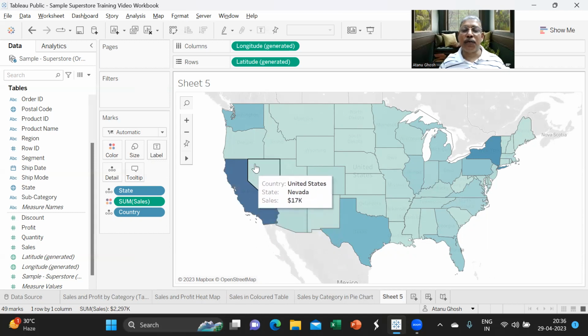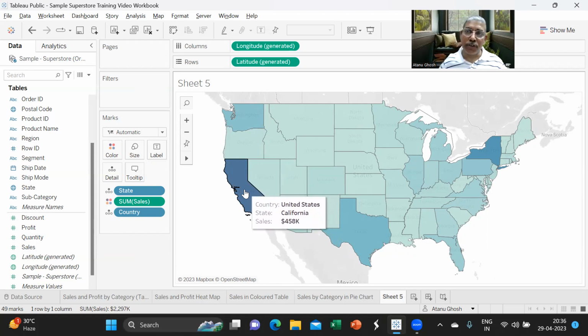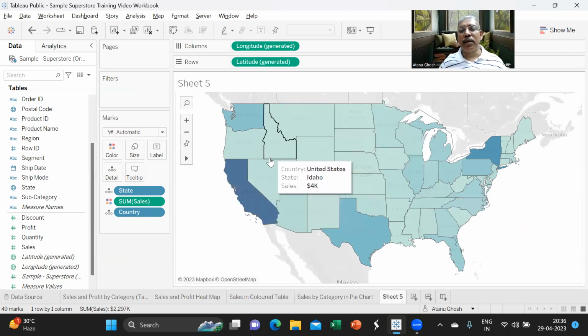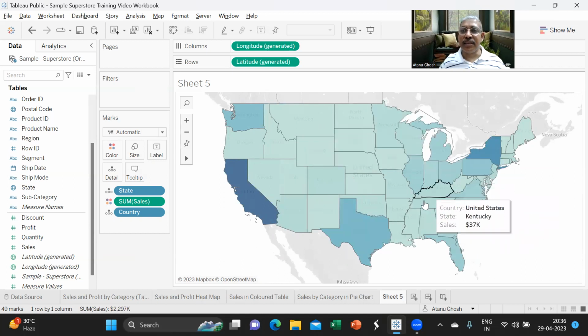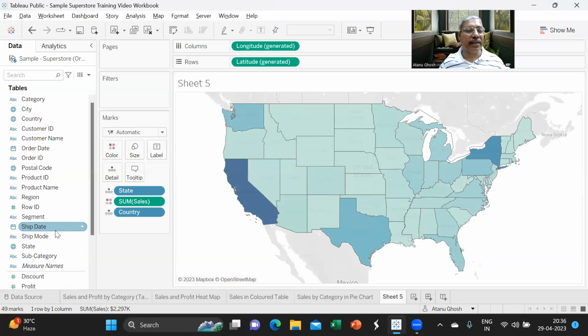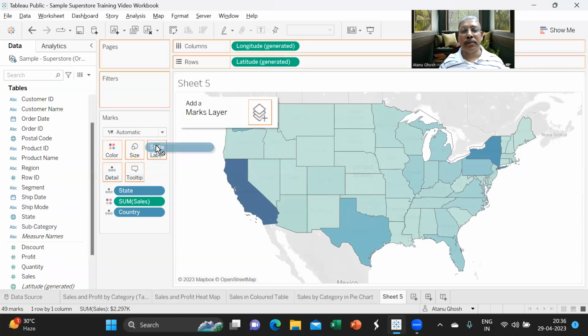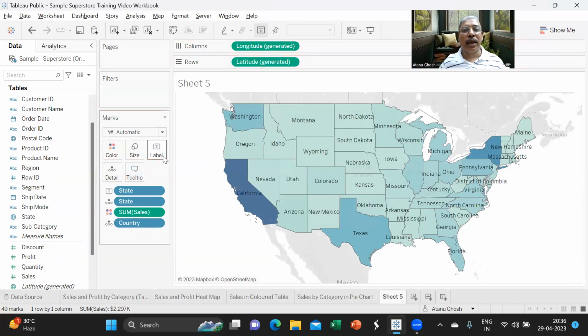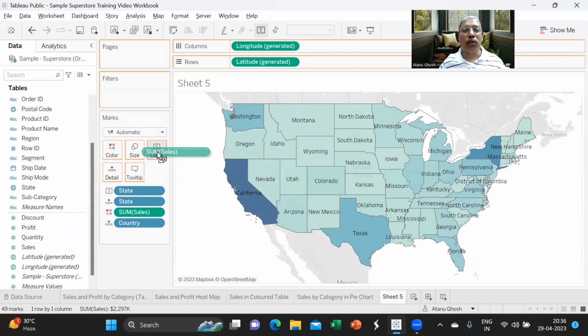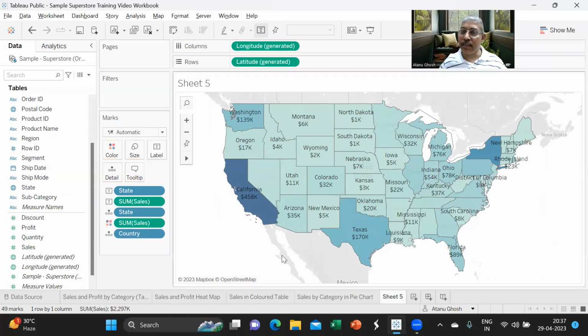In this kind of fill chart, we can have only one dimension and one measure, where the dimension needs to be a geographical dimension. Now, if I am not very sure about which states these are, I can take the states into the label. By now, you know the process. I put the states in the label, and the states will come over here. If I want the value of sales also to be shown, I can put the sales also in the label. It will show me the value of sales.